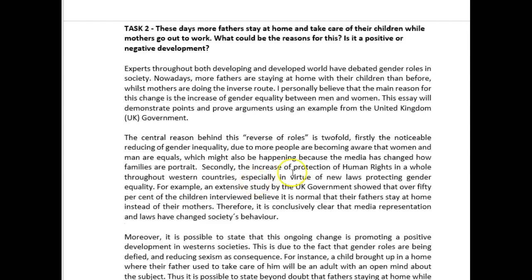And then here you were talking about the media, but I didn't really get the sense that this was entirely relevant. You mentioned it here, how families are portrayed, but you never really told us any examples of the media. You know what I mean? You told us that there were laws, okay? But there wasn't really anything about it. So maybe you could have talked about that a little bit.